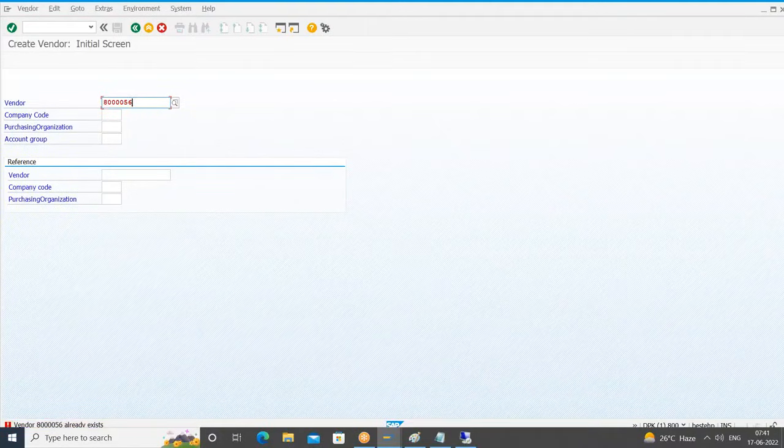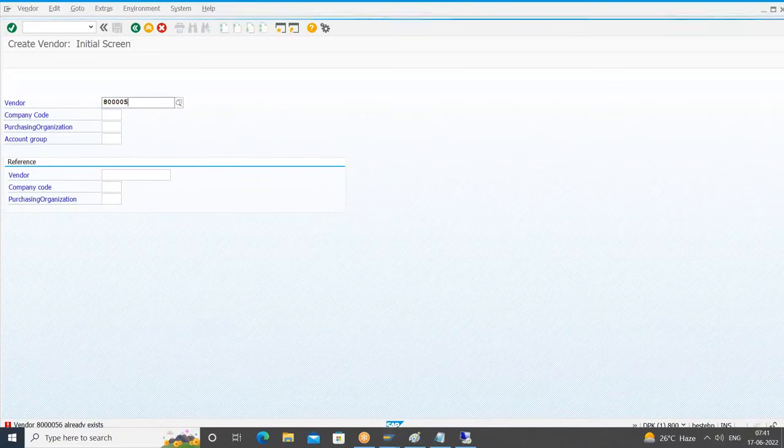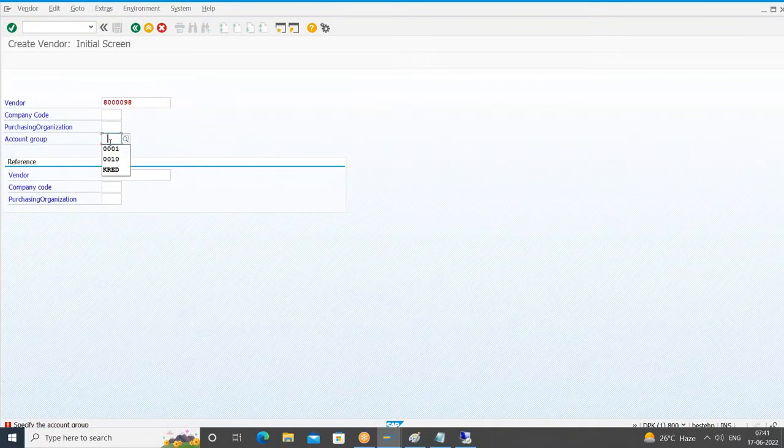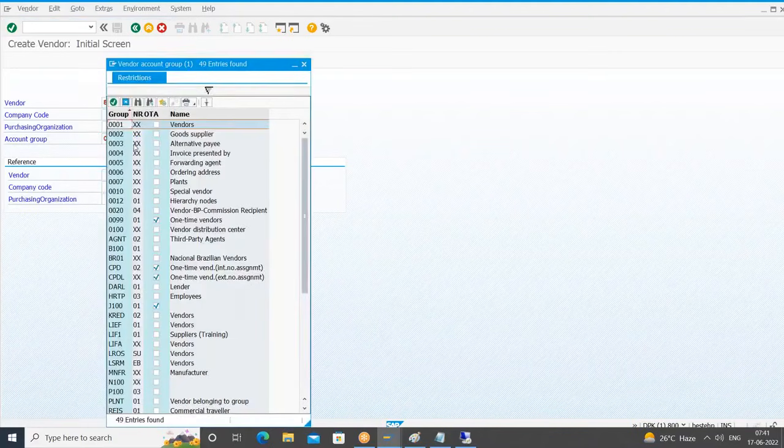Vendor already existing, so I'll choose something else. It is asking me to specify the account group. I'll provide the account group. If I choose 0001, it is saying that the vendor number is internal assignment, means SAP itself will create the vendor. So you try to choose the appropriate account group,